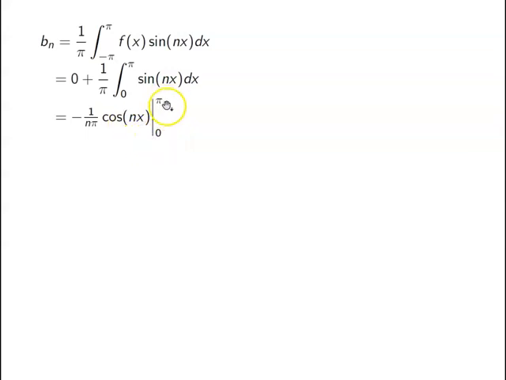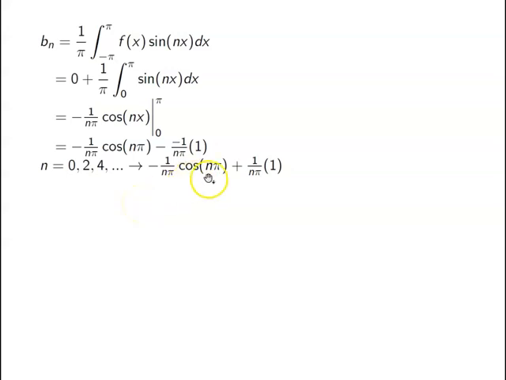Cosine of 0 I know is 1. Cosine of pi I know is -1. Okay. And so we get the following, right? So when I plug in 0, I get 1 here. When I plug in pi, however, it's n pi. Okay, so this alternates in value for 0 to 4. Cosine n pi. This term that I'm trying to evaluate, right, will look like this because cosine of n pi